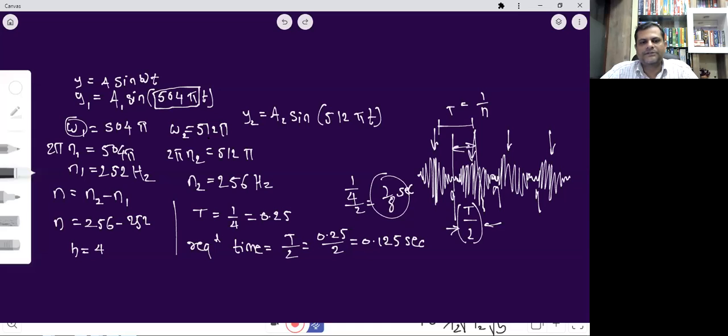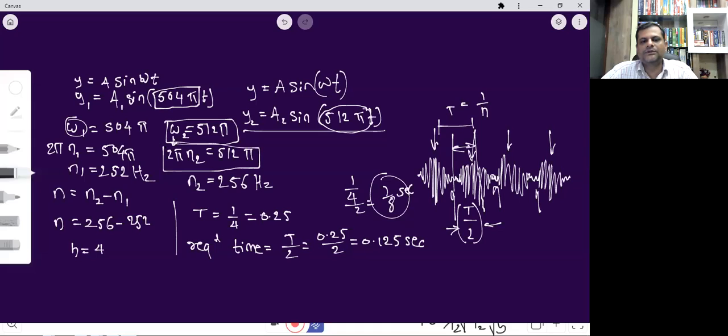ये समझा ठीक से? सेम वैसे ही इसको भी किया, देखो इसको भी y इज इक्वल टू a साइन ओमेगा t के साथ इक्वेट किया। तो यहाँ पे t तो ऑलरेडी है इधर, है देखो ये t है, तो उसका कोएफिशिएंट कौन बन गया, ओमेगा बन गया कि नहीं। तो इसलिए ओमेगा 2 इज इक्वल टू 512 पाई लिया, बट ओमेगा इज ऑलरेडी 2 पाई n, सो इसलिए 2 पाई n इज इक्वल टू 512 पाई, सो पाई पाई गेट्स कैंसल्ड एंड दिस 2 कैन बी रिड्यूस्ड हियर। 512 को 2 से रिड्यूस करेंगे तो हमको n2 मिल जाएगा एंड सिंपली n2 माइनस n1 करेंगे तो बीट फ्रीक्वेंसी मिलेगा जिसका रेसिप्रोकल माना बीट्स पीरियड मिलेगा, पीरियड ऑफ बीट्स मिलेगा।